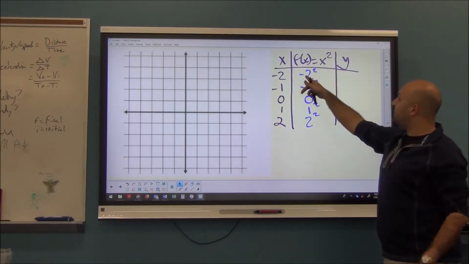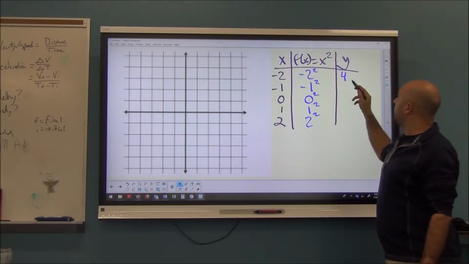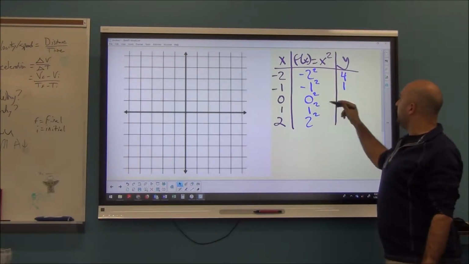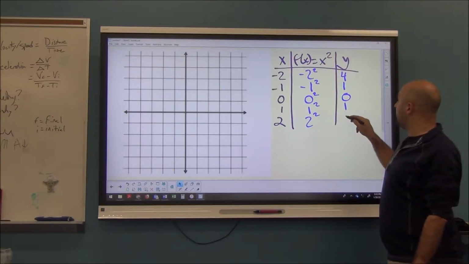If I plug in -2 for x, -2 squared is 4, -1 squared is 1, 0 squared is always 0, 1 squared is 1, and 2 squared